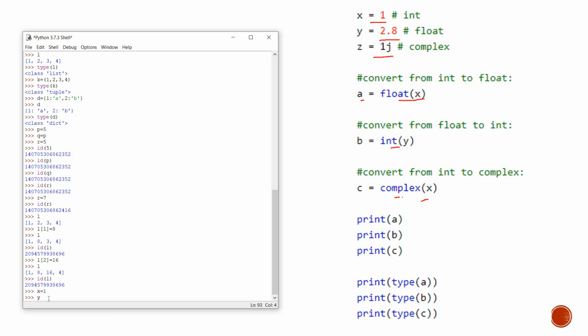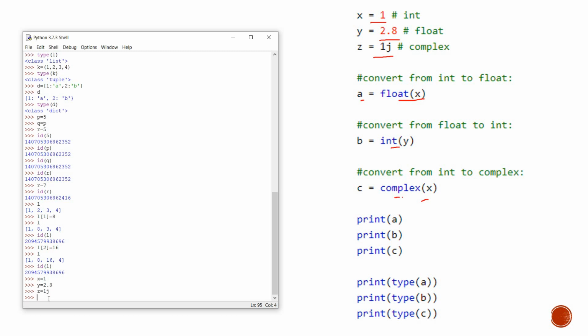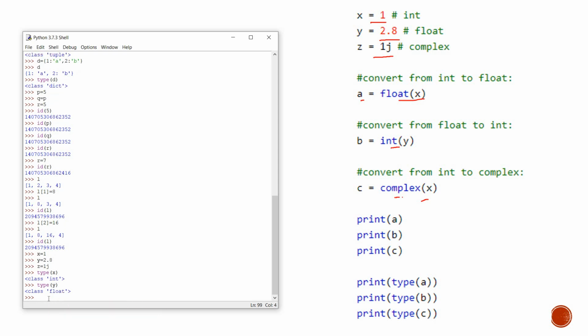Next, y is equal to 2.8. Z is equal to 1j, because it is not having any real value. Clear? Now we will check the types of x, y and z. Type of x is int, type of y is float, and type of z is complex.